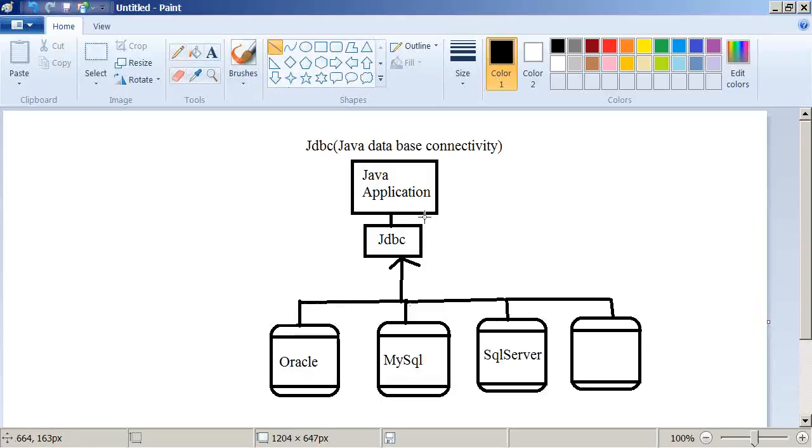If you are a database vendor and you want to interact with my Java, if you want to use my Java applications, just design an interface. What is the meaning of this? Design an interface by using those rules. Whatever rules I am giving, it is your responsibility to design an interface by using that set of rules. Now you design this interface, and a Java programmer can use the interface designed by you, and by using this interface, any Java programmer can interact with